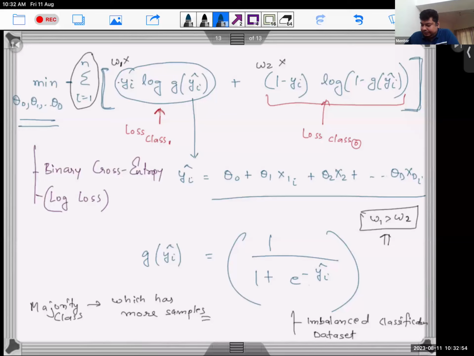Okay. So we have this imbalanced data set with us, and in that case you can give more weightage to the minority class. You can give any number, 10, 20, 30, 40, it doesn't matter. It will just increase the loss. It's a constant number which adds more to the loss. So whichever class has more weight, that will be given more focus. It will be focused more upon to give you better thetas in favor of that. All right. Now,